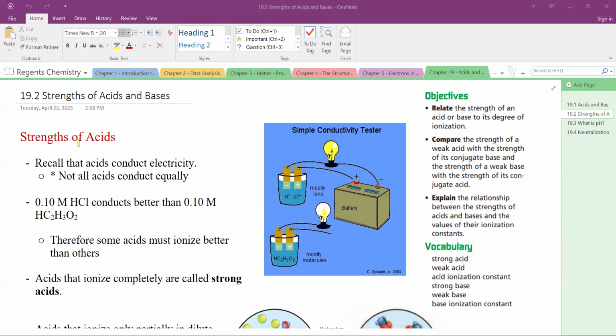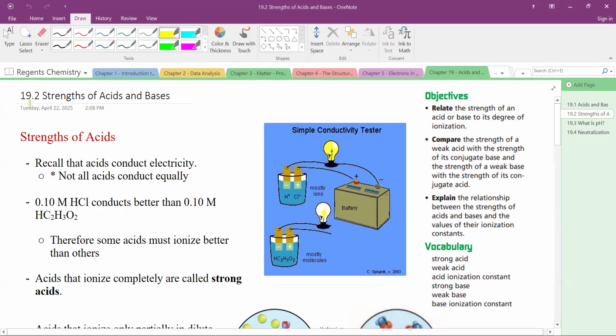But let's start by talking about the strengths of acids, like how strong is an acid? We all know sulfuric acid is pretty strong, and we all know acetic acid, otherwise known as vinegar, not quite as strong, okay? So let's take a look at some of this. So first thing I want us to remember is that acids can conduct electricity. That was one of the properties of acids we talked about in the last video,